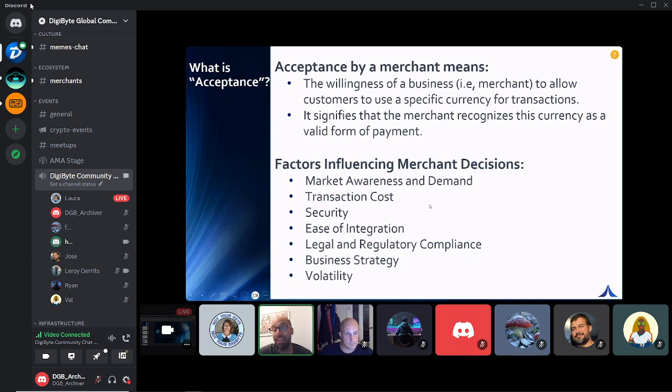That there's demand, and I think a lot of these factors are very regional and in-country specific, where it's hard to globalize them. But of course there's transaction cost, security, ease of integration, which we already talked about, and ease of use from the consumer perspective. That is part of my business strategy, which I'll hold off on, and volatility in the market. So a lot of factors go into it, but in terms of acceptance, it's very regional, in-country, part of your strategy to grow your footprint.